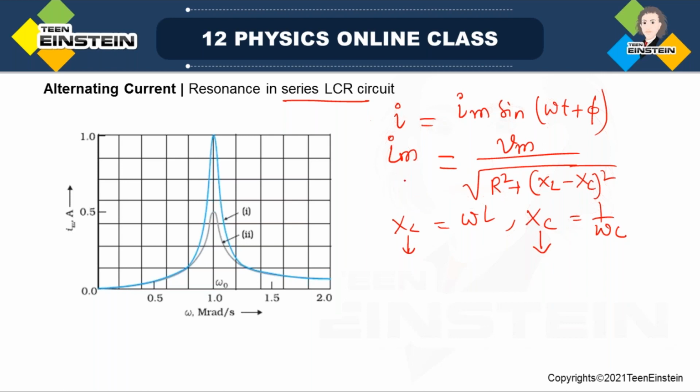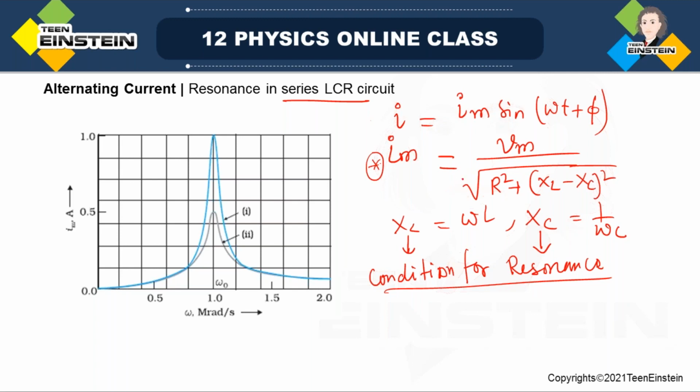Okay, now look, we are going to find out the condition for resonance in the LCR circuit. As we have seen in the previous examples, the amplitude of the oscillations will be very large, or maximum, at the resonance condition. So in this case, look, this is the expression for the current. So when the current will be maximum, that is the condition for